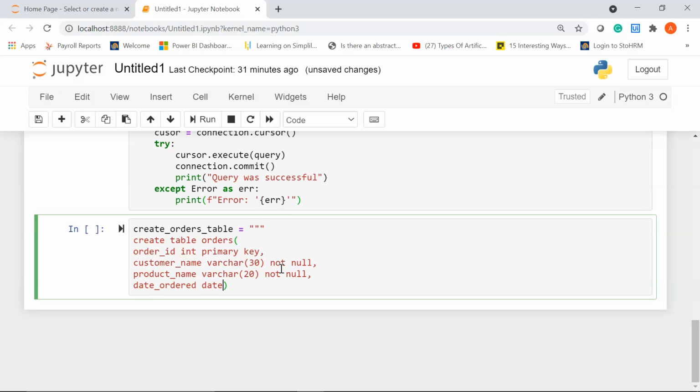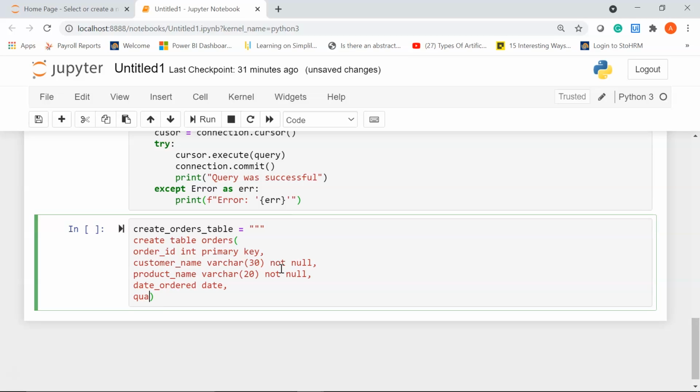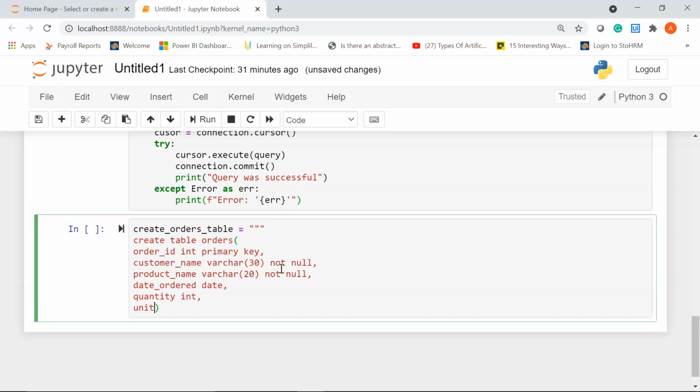The data type will be date. Next, I'll create a quantity column to keep track of the number of quantities that were ordered. This is of type integer. My next column would be unit price, which will basically have information about the price of each unit of product. Unit price can be of type float.